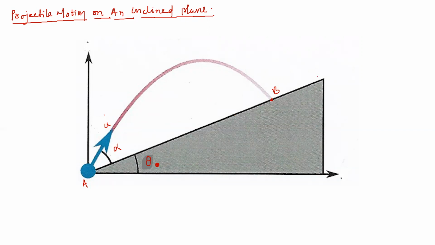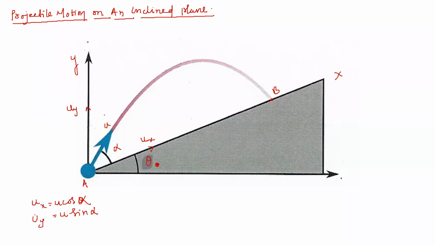Let this be the x-axis. This was supposed to be the y-axis, but somehow the inclination is 90 degrees actually. I drew it like this, but it is the y-axis, and the total angle is 90 degrees, students. If this is u, then the component along x will be ux and the component along y will be uy. Ux is equal to u cos alpha, since here we have taken the angle alpha, and uy will be equal to u sin alpha.